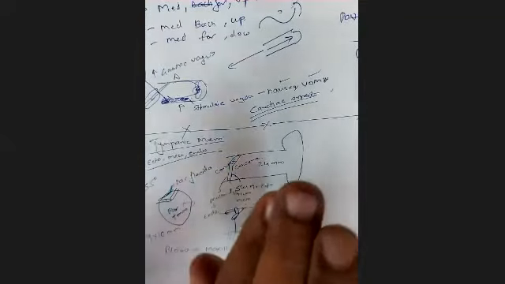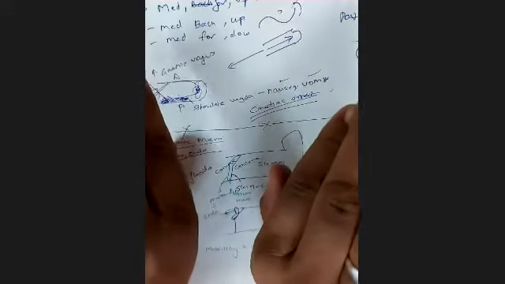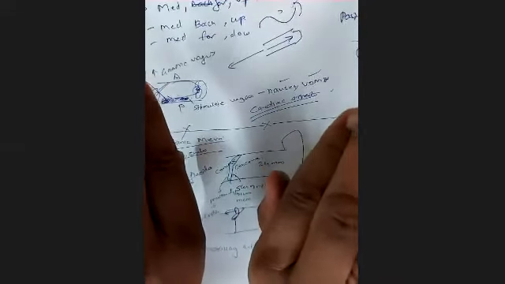The tympanic membrane of my right side will be somewhat directed like this: downwards, forwards, lateral. That means both my tympanic membranes will be like this, downward, forward, lateral. So my right side tympanic membrane will be like this, left side will be like this. So this is facing forwards. Okay, downward, forward, lateral.